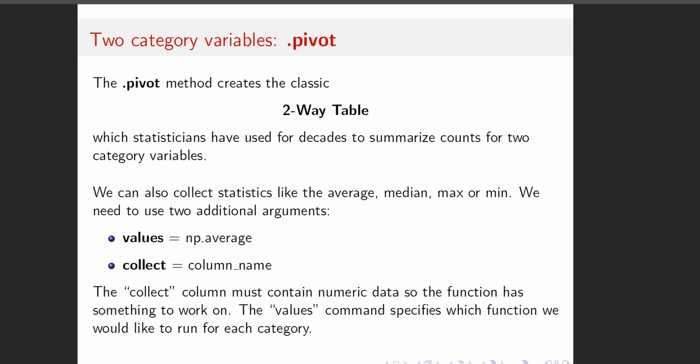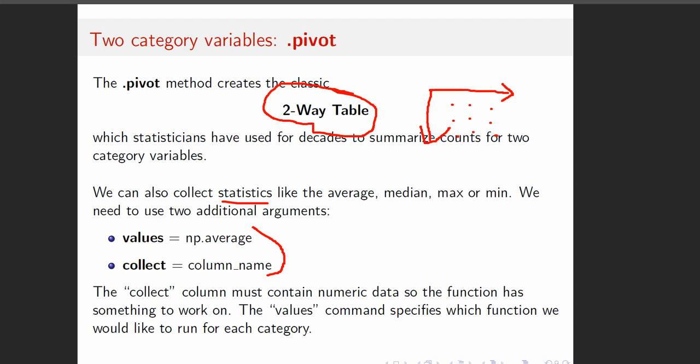The pivot method draws a classic for us in statistics called a two-way table. We have one category variable going across horizontally, and the levels of one category get listed vertically. And then in the middle, we have the counts for each of those groups. And we can also collect